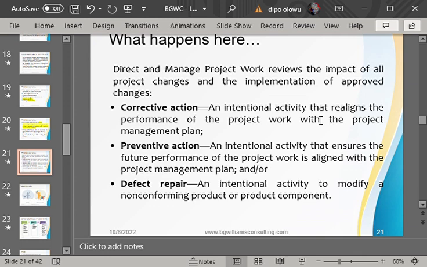Preventive action will now be that you get somebody else for him to start training, or the person went to training, you train somebody else to be able to take over that position in case the person gets a job eventually, and your project will not come to a standstill. I don't know if you get that point.